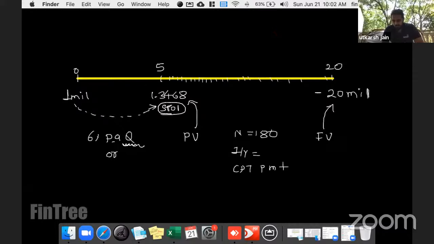RCL2 was what? RCL2 was that 5.97 divided by 12. So RCL2 divided by 12, which is 0.4975. That becomes your IY. And once you have entered everything, then you press compute and payment. And my payment is coming out to be